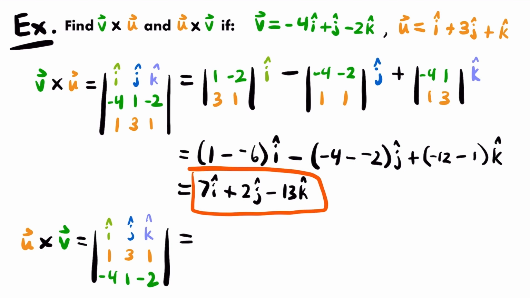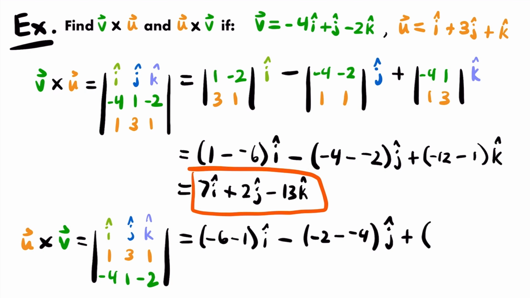Okay, now I'm going to do this a little bit quicker here. Starting with i, I'll cross out the row and the column. So we're looking at these 4 values right here. The determinant of those 4 values will be 3 times -2 minus 1 times 1. So we'll have -6 minus 1, and that's multiplied by i. Then we are subtracting the determinant of the remaining values when we cross out the row and column of vector j. So now we have 1 times -2 minus 1 times the negative 4. All right, so we have negative 2 minus negative 4, and that's multiplied by j,